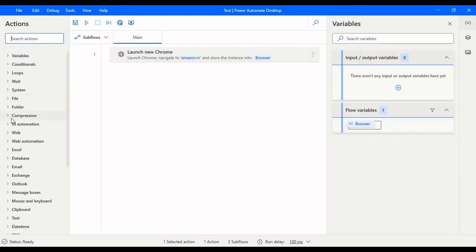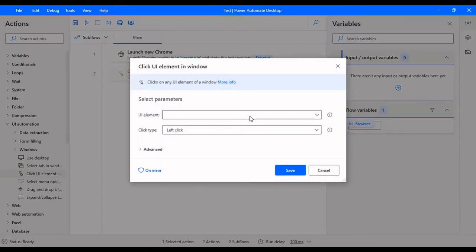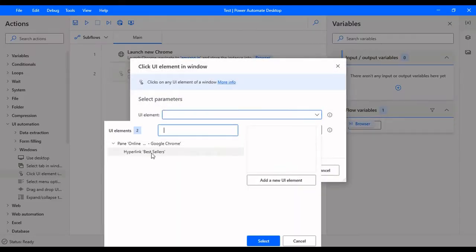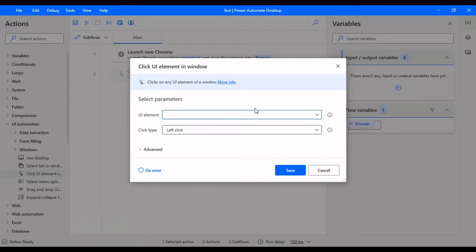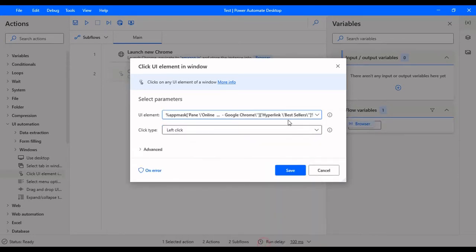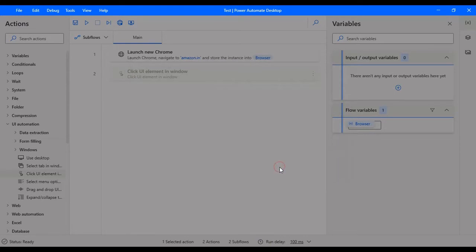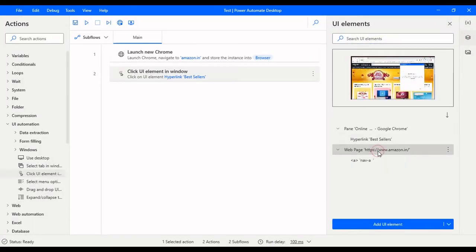We need to click on an element and use the dynamic selection there. So first we need to indicate the element. I already have one element here, which is this one, Bestsellers. I indicated this one in this page, the Bestsellers, and let's take that one. If you don't have an element, you can go here in the elements and add a new element.